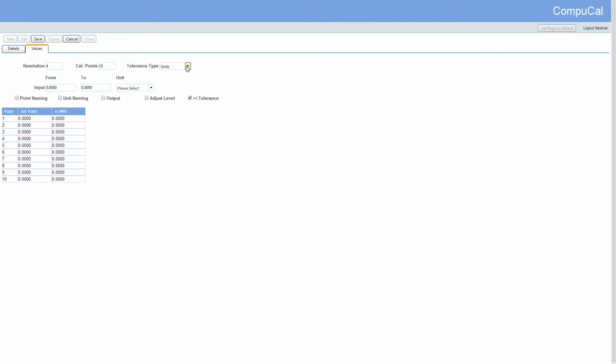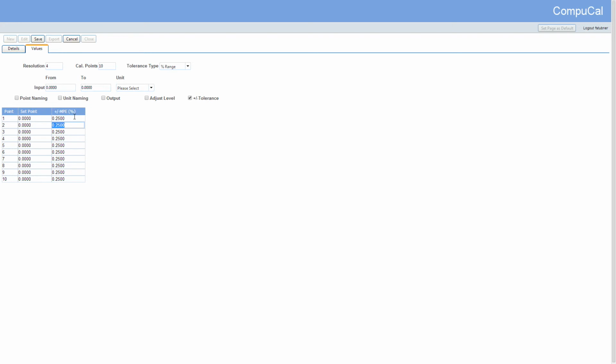The tolerance type consists of units, meaning that the tolerance used will be a unit value. Percentage range will calculate the tolerance value as a percentage of the range. For example, if a percentage range tolerance is plus or minus 1 with an output range of 16 milliamps, the unit value will be plus or minus 0.16 milliamps. Percentage test point or percentage reading will calculate the tolerance value based on the reading value. This will change as the required reading changes. An example of this is if the tolerance is plus or minus 1 for a reading of 50. This would lead to a unit tolerance value of plus or minus 0.5.